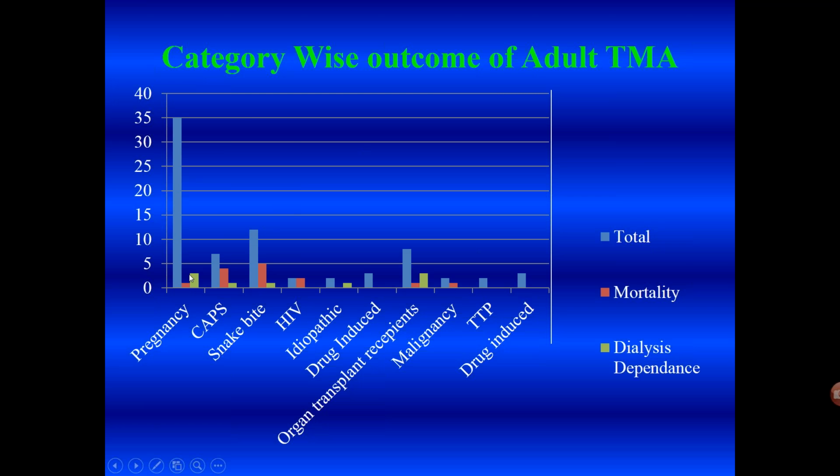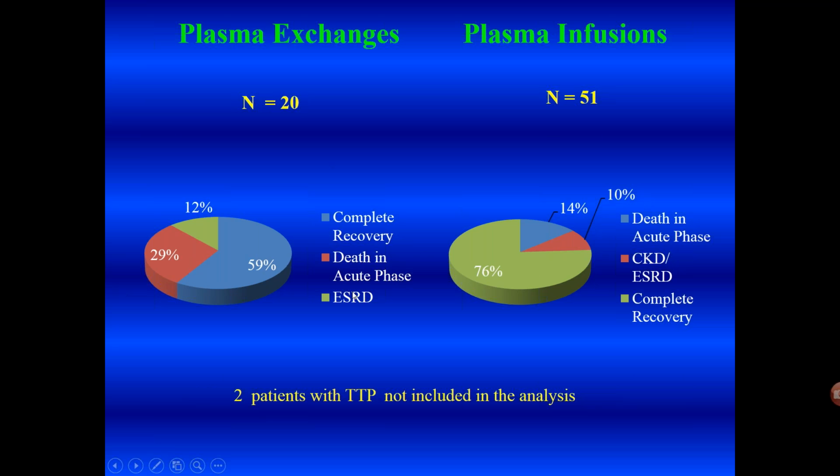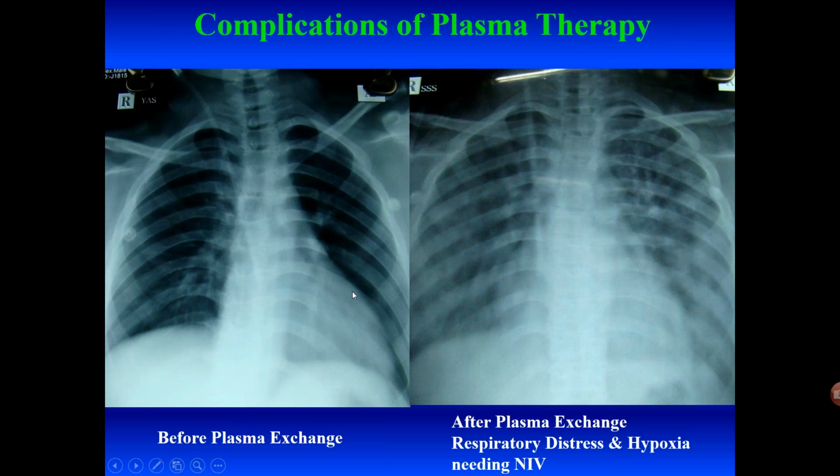But the question is going to be evaluating the applications. The adult patients, again, the ones with catastrophic antiphospholipid did worst, and our group of peripartum patients actually did the best of all, with only one patient dying and only 3 becoming dialysis dependent out of 35 patients. There wasn't much difference between plasma exchanges or plasma infusions, but that could be because the most seriously ill patients got exchanges as opposed to infusions.